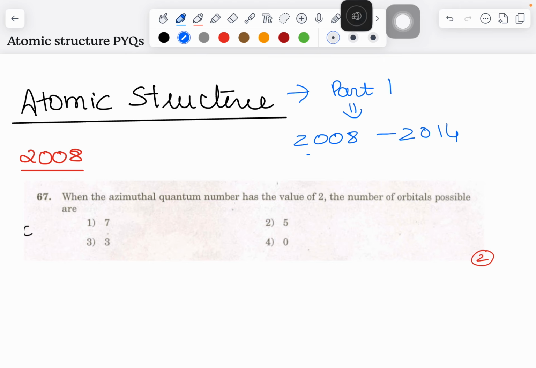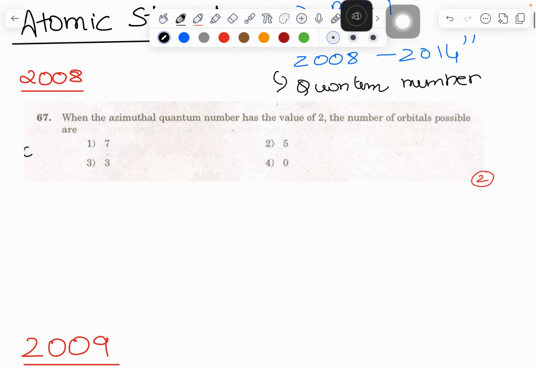So let's begin. And one more thing that I have noticed, in this timeline most of the questions were from principal quantum number, from quantum number, calculation of quantum number. Like there are 4 quantum numbers. We will be learning that further. So let's see what questions were asked in the year